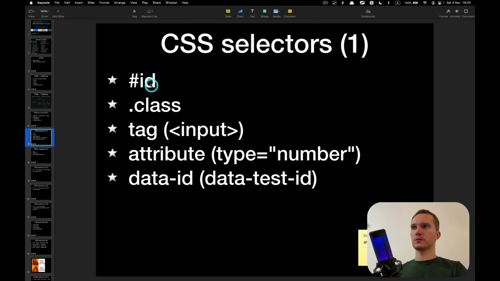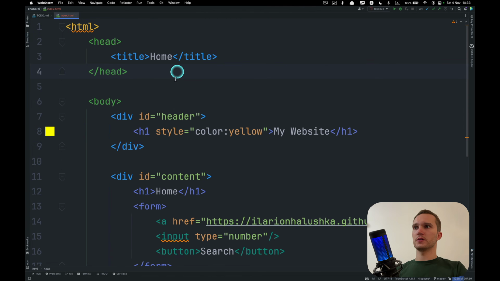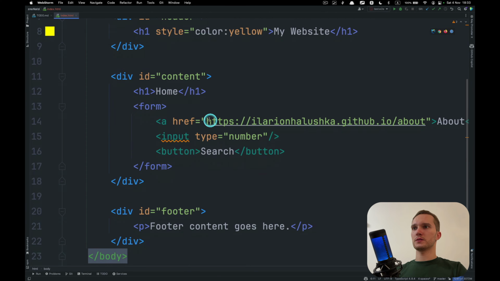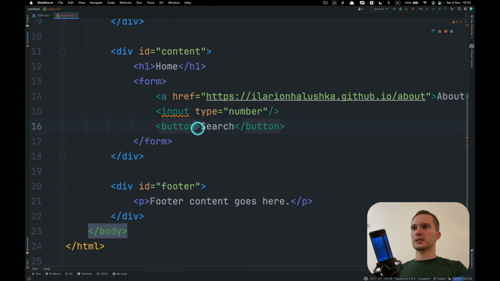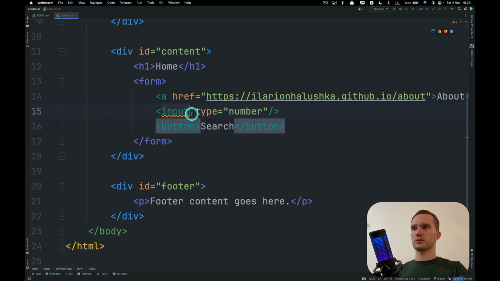So first of all, let's check how we can select an element by ID. Let's set some ID for this input. So ID is just another attribute.